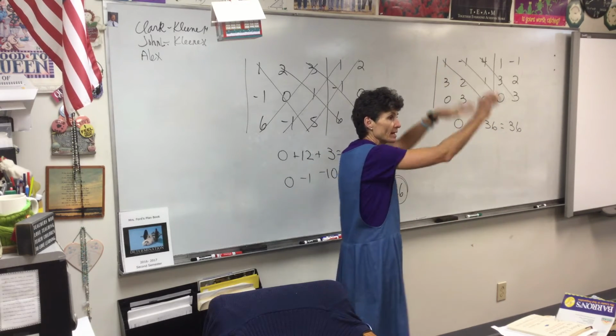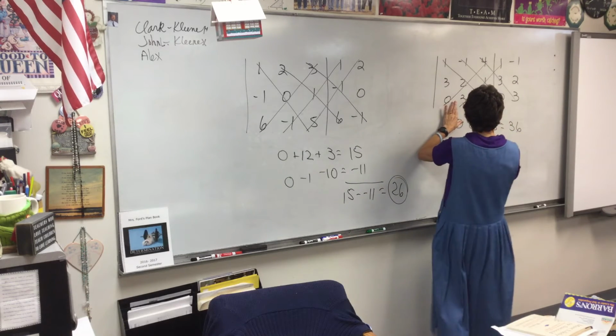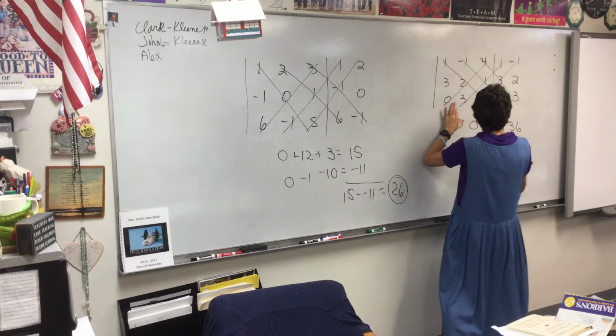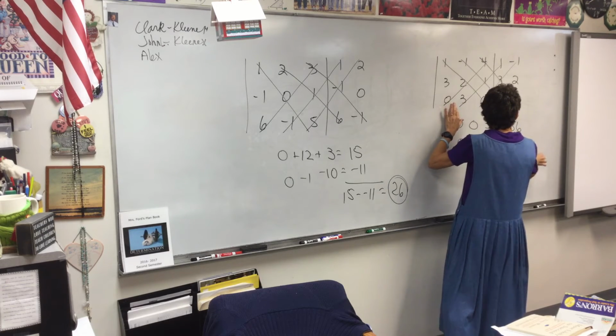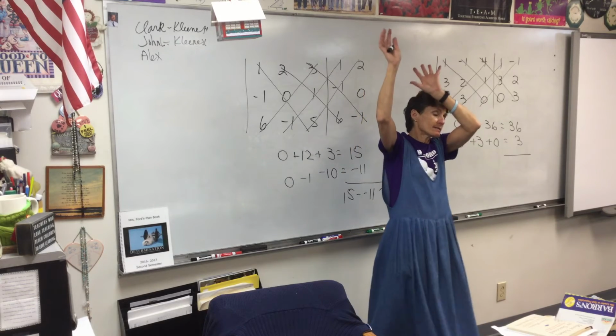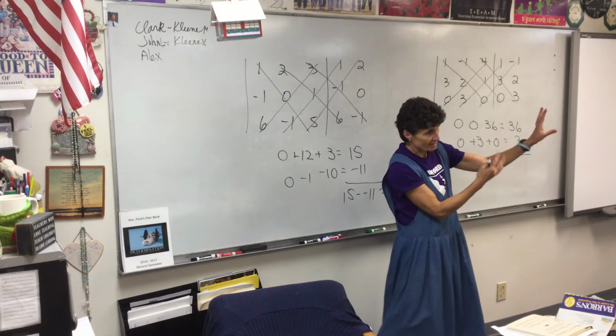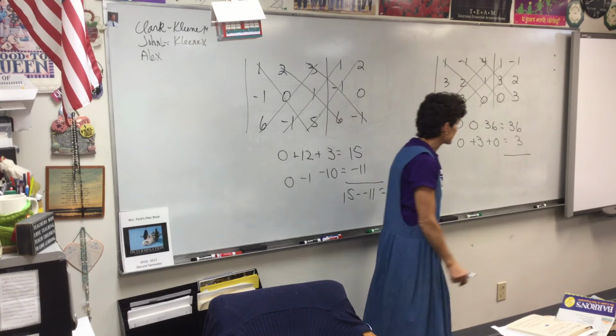Now we go the other direction. So 0, 3, and 0. It is always this minus this, right? So the answer is going to be